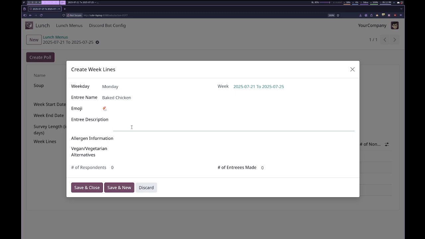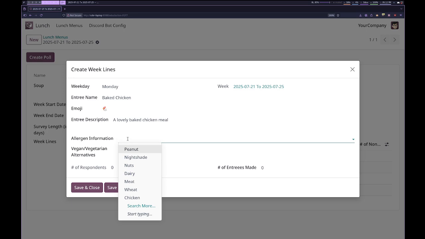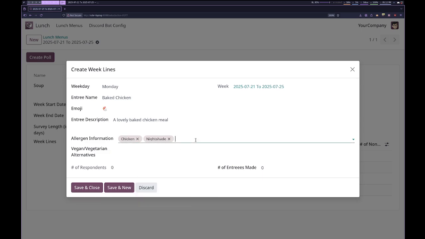For entree description, we'll have a lovely baked chicken meal. And then for allergen information, this is actually a tag field, so we can select this meal will contain chicken and nightshades, and if we're topping this with cilantro, we can type in a new one that we don't have yet and click create. We can also provide vegan or vegetarian alternatives, so we'll provide a seasoned tofu for anyone who can't eat meat. We can do save and new and progress throughout the week